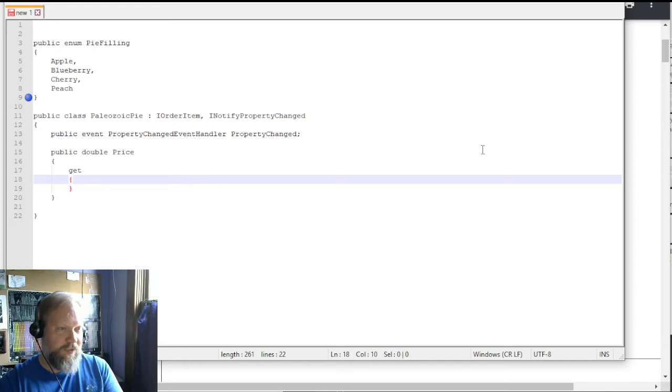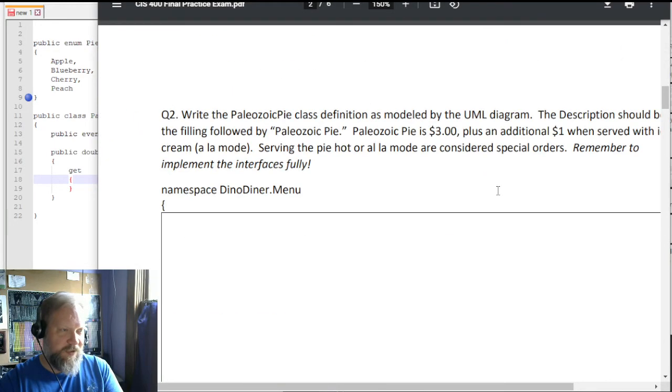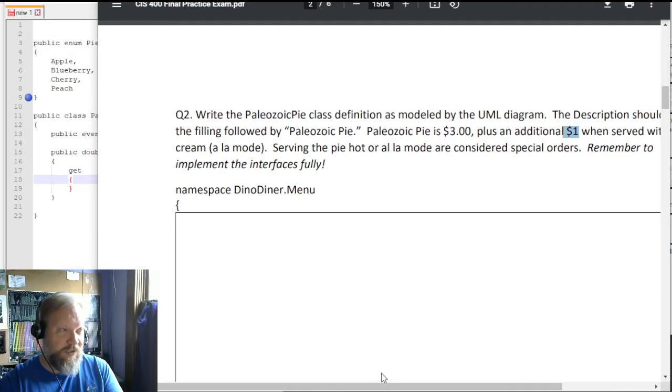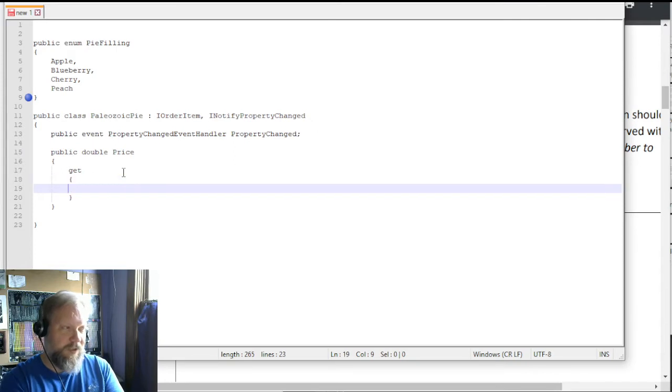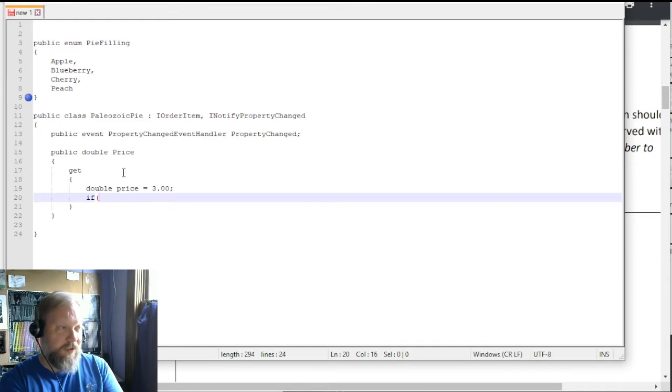And what does that price look like? Well, let's go back to our description. The Paleozoic pie is $3 plus an additional $1 when served with ice cream. So that would be, let's actually do it, double price equals $3. So that's our default. And then if a la mode,